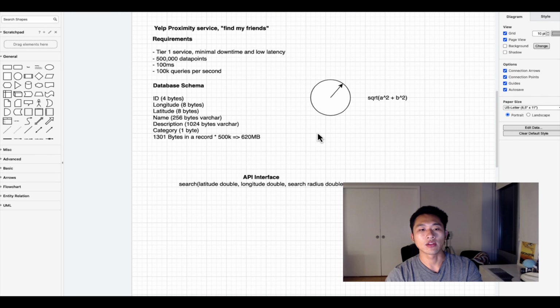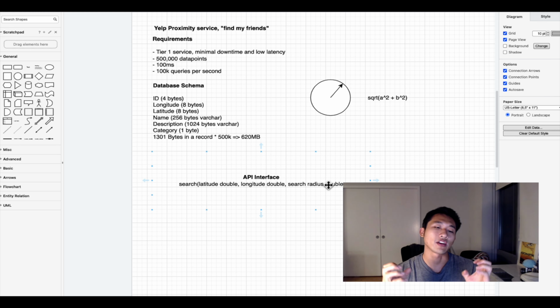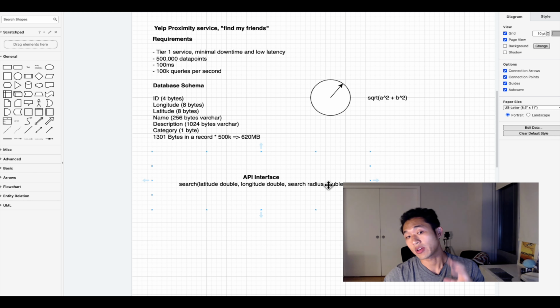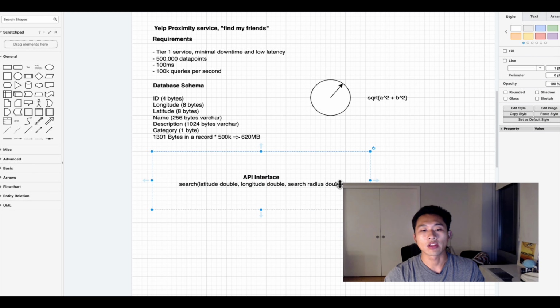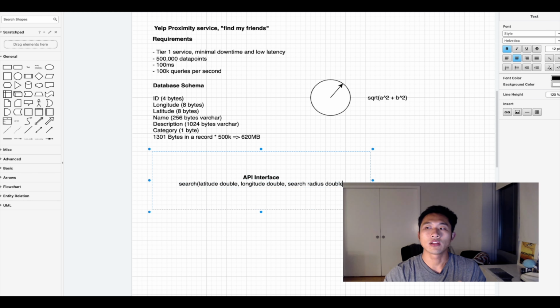So that is important because that limits how big the search actually is. A very large radius will return a lot of results. A small radius will return fewer results because it's less likely for multiple restaurants to be in the same location, or in a very tight